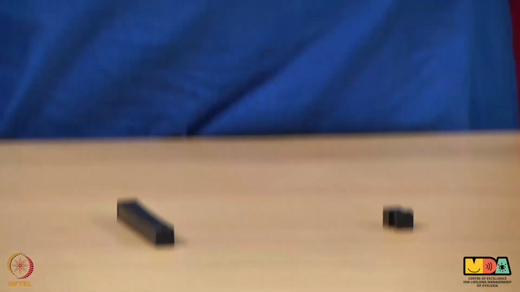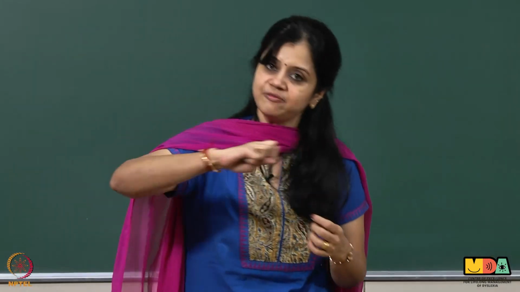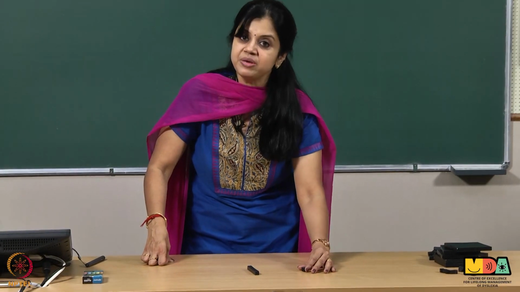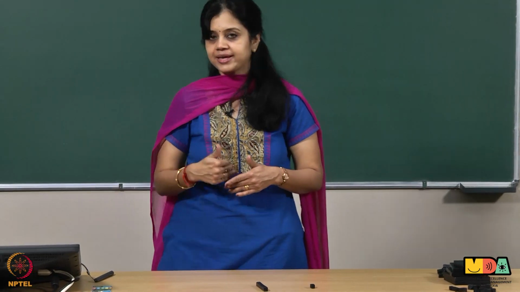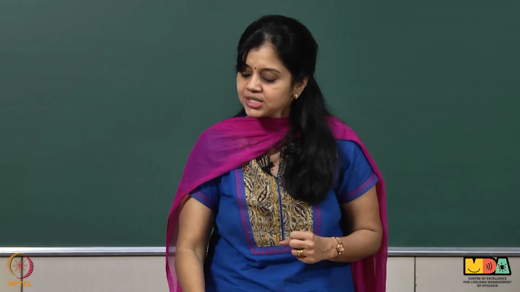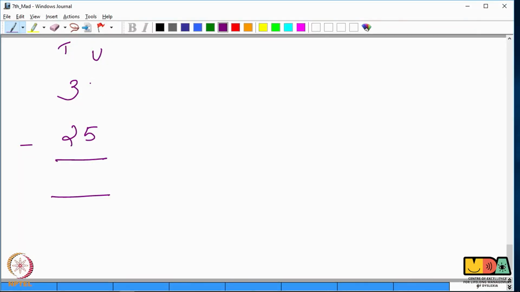Now, over here, why are we using manipulatives? One is for them to understand that the sign minus means they have got to remove, and they also understand that the end result will be much lesser than what they actually had. Now, we go on to the next step where they can't take away, so they need to borrow. So, let us just take a couple of numbers. Okay. Now, we have 31 and they have to remove or take away 25 from 31.